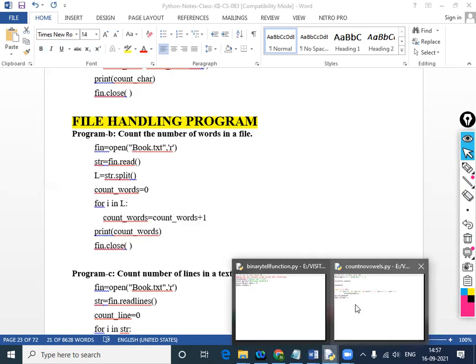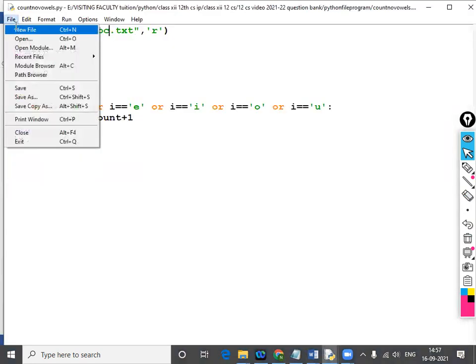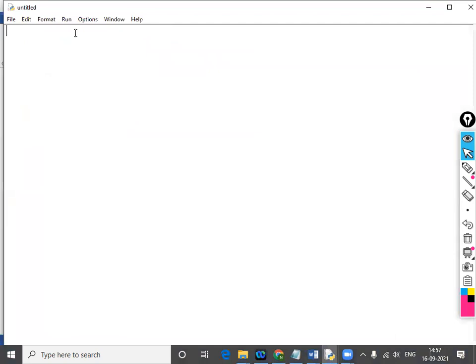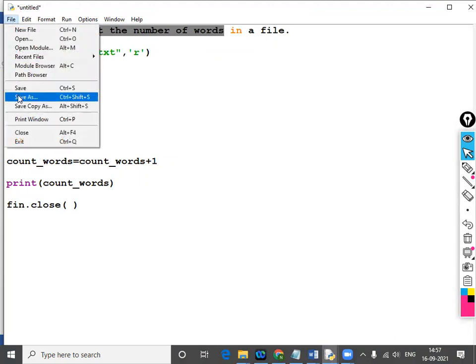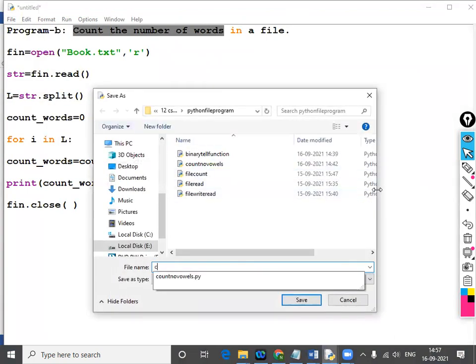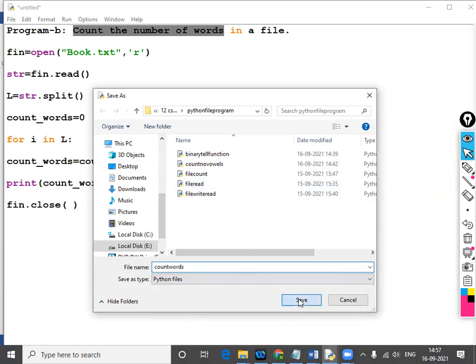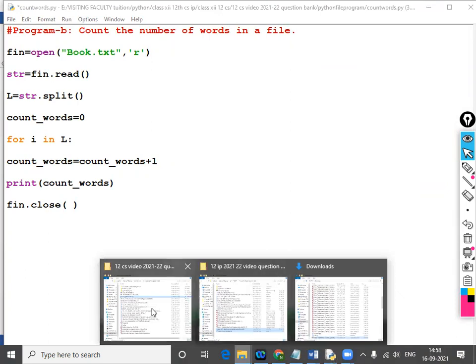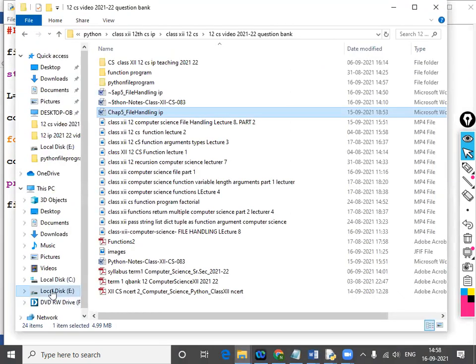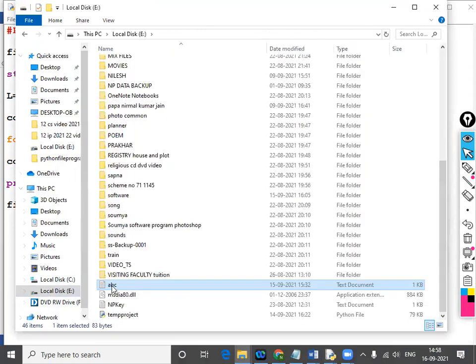I'm creating a file, count the words. I'm giving a comment in the first line. Now with open, we are giving the location. The file E prompt abc.txt is created.